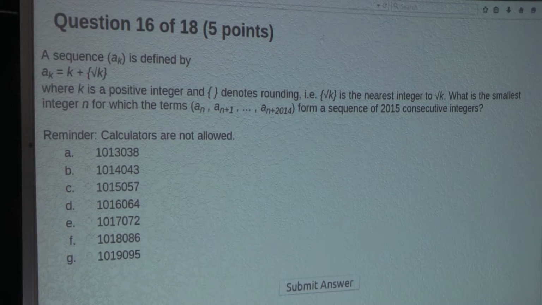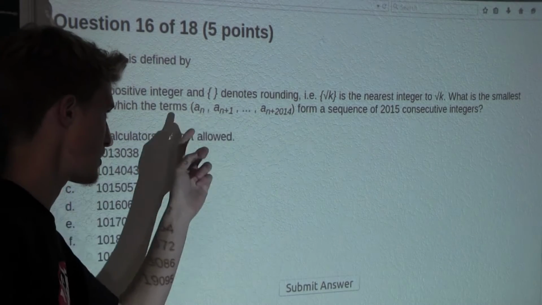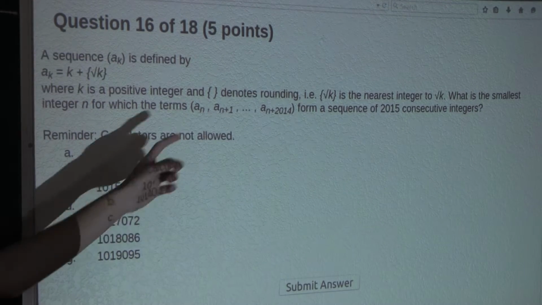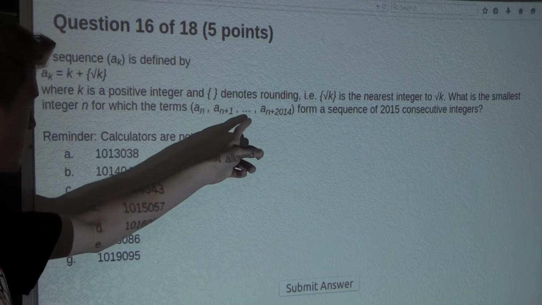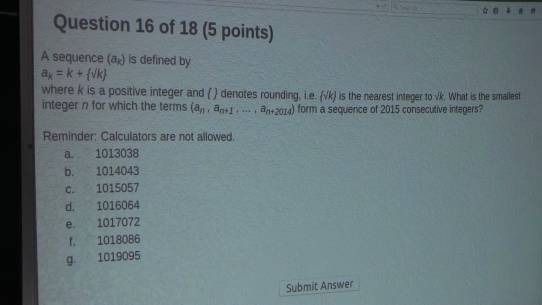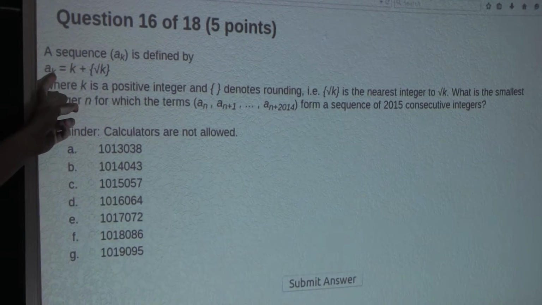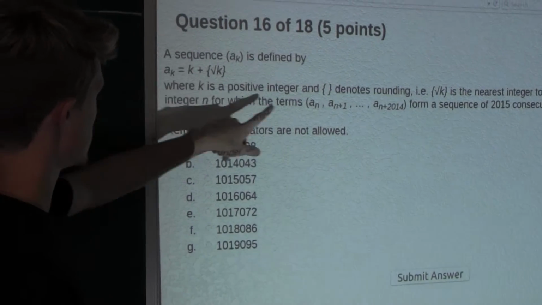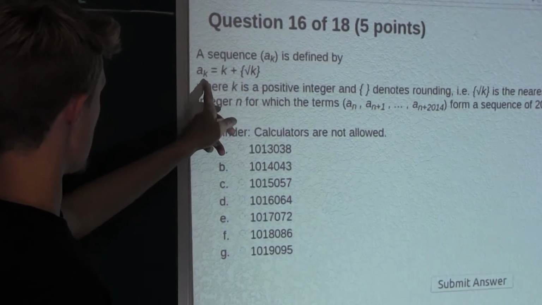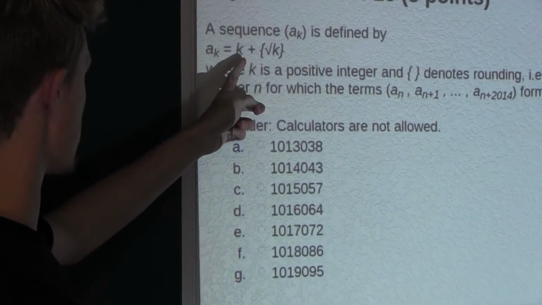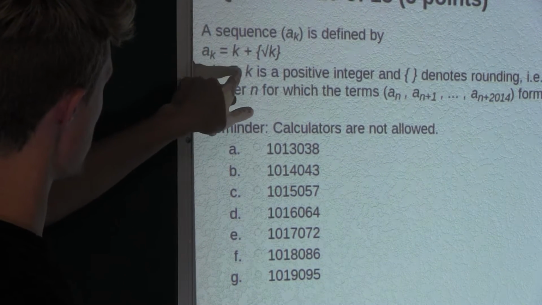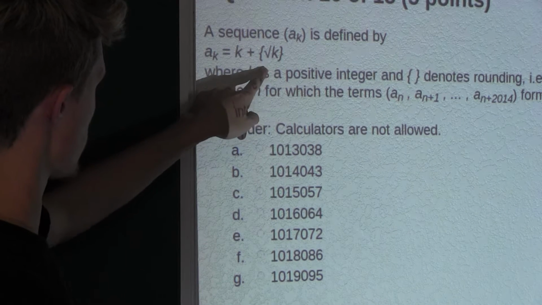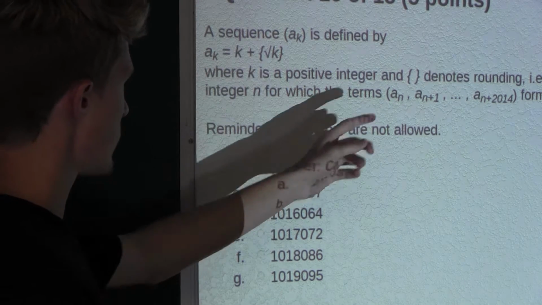Alright, now let's see what this last sentence means. Now we know that this term is one bigger than this term, is one bigger than this term, and so on. Now for here AK, we would replace the K by n. So we would have an is equal to, and then here again the k gets replaced by n. So we have an is equal to n plus, in brackets, square root of n. Now for the term